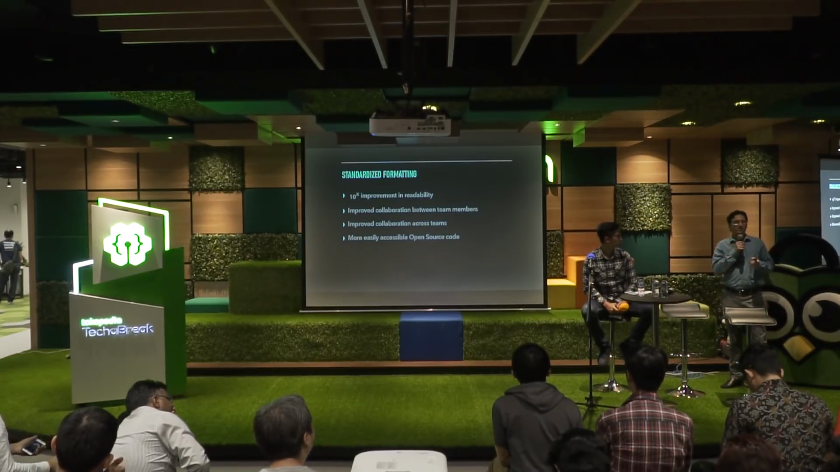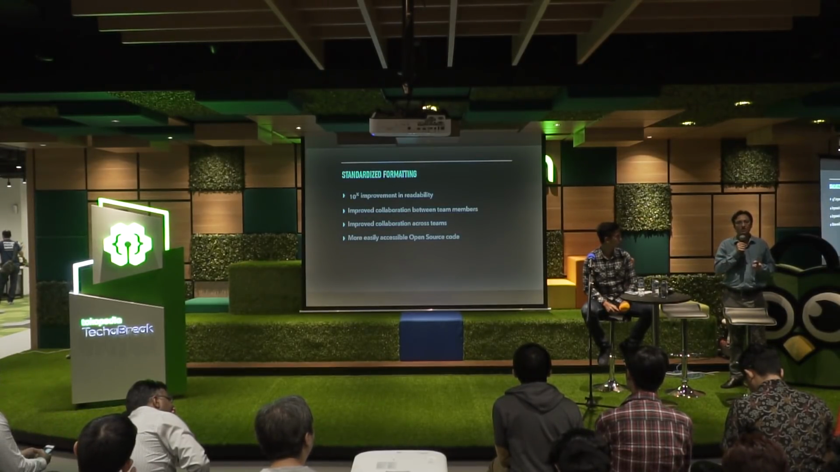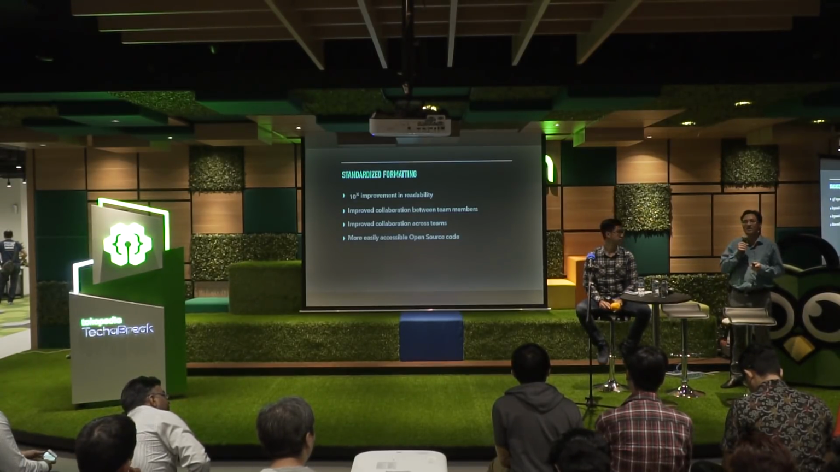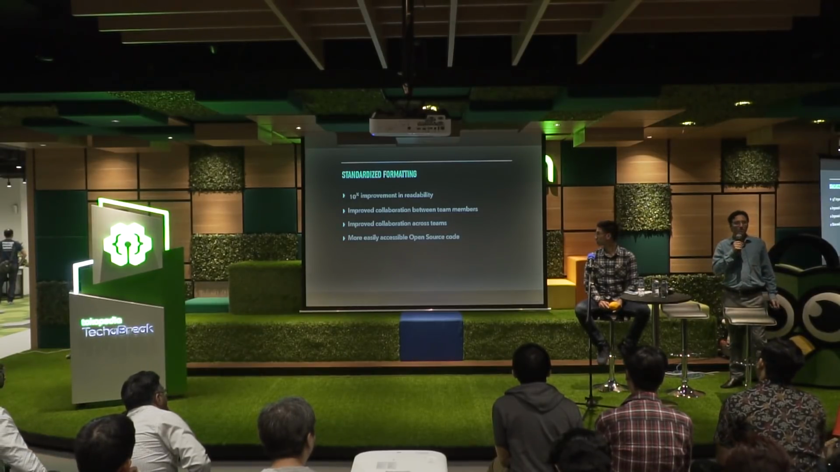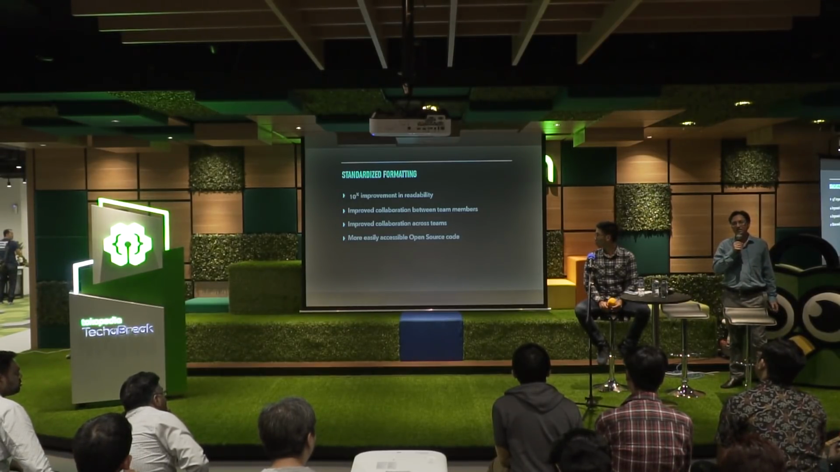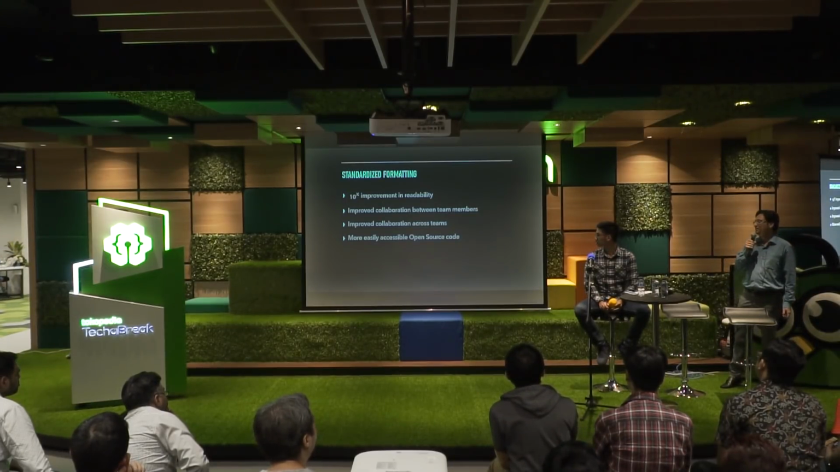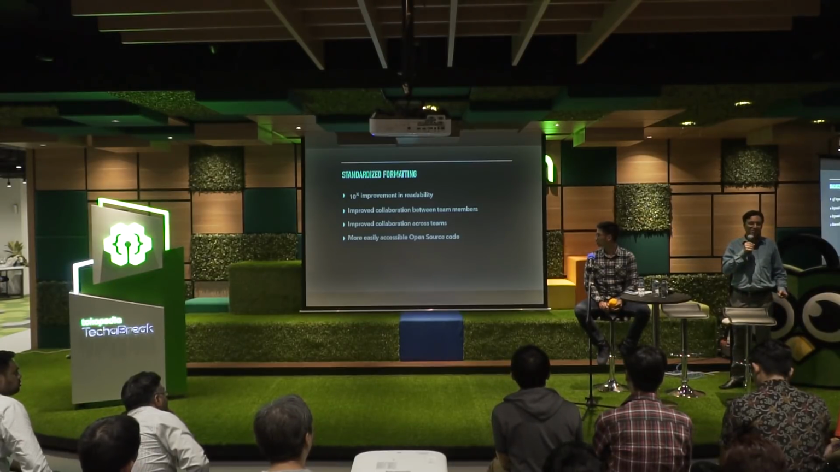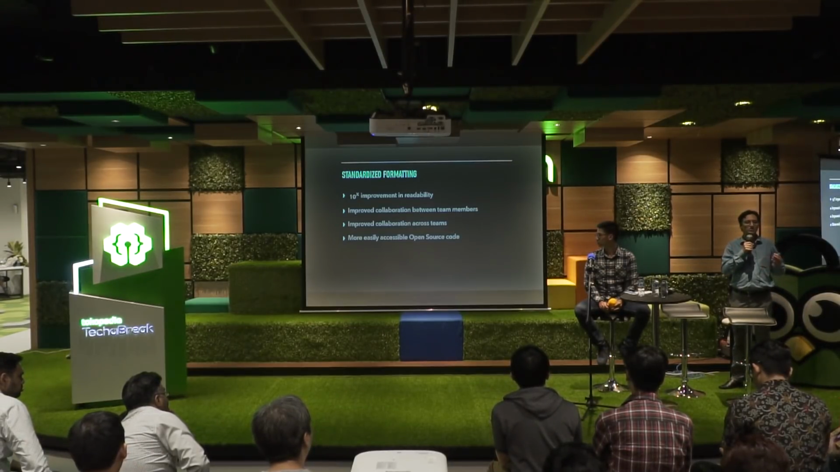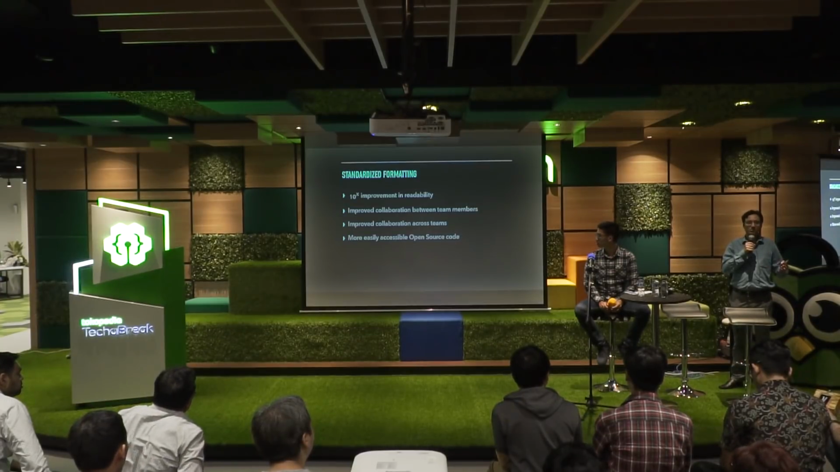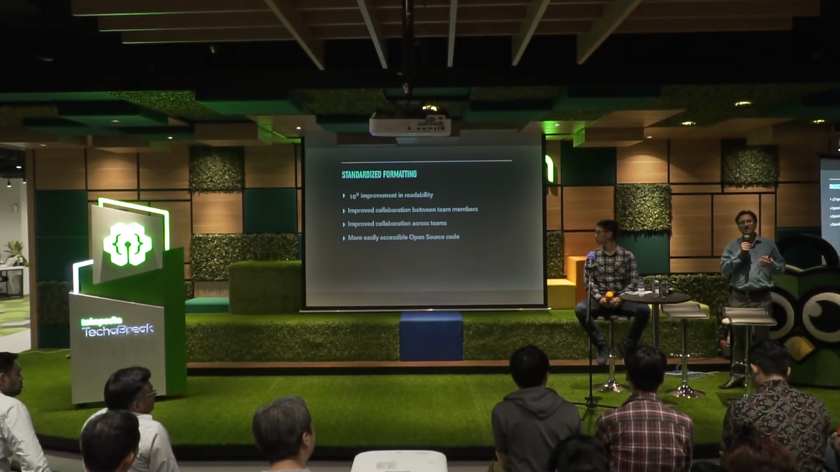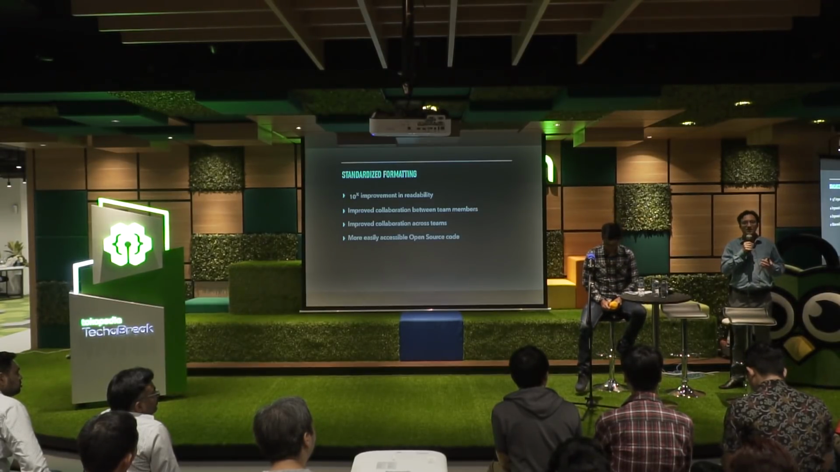The next feature, very well known and celebrated, is the standardized formatting. I think I don't need to spend a lot of time on this. This is one of the features that improves the accessibility of code by an exponential factor, and that helps in improved collaboration between team members. When you see your code versus your team member's code, it looks exactly the same. When you see code written in your team versus some other team, it looks exactly the same, and that in turn helps also in